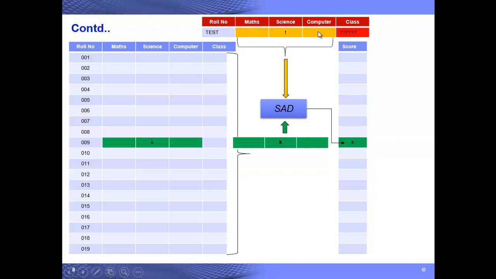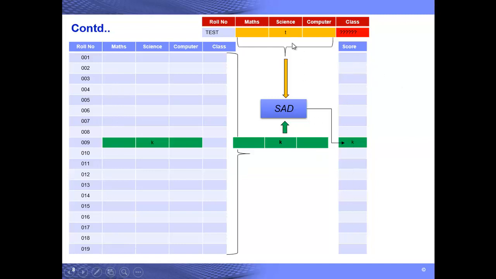So just this yellow one will come, with the 3 marks, and compare with each of these training samples. In the diagram it is shown that for the ninth training sample, the SAD distance is calculated between the test sample and the ninth one, but this procedure is to be repeated from the 1st to the 19th sample, and thus we will get all 19 scores.